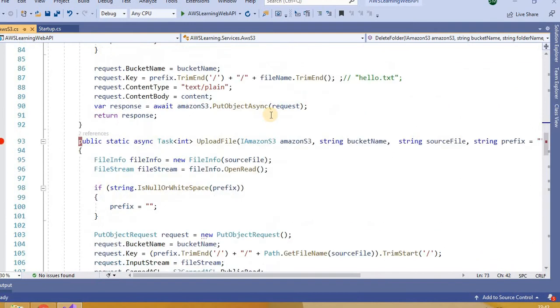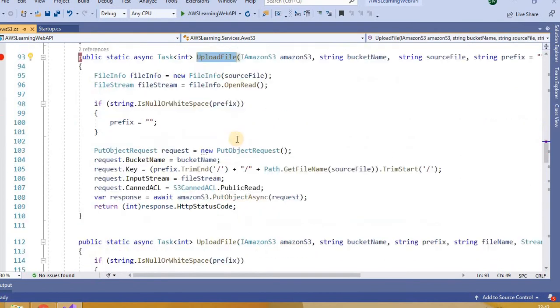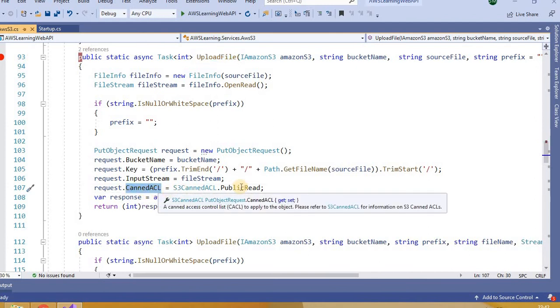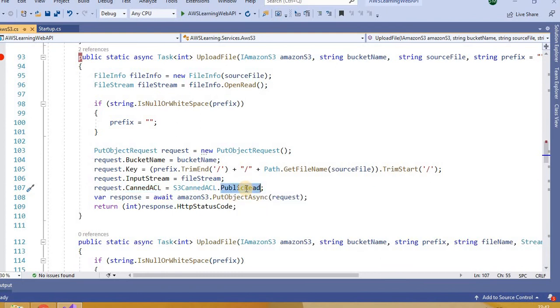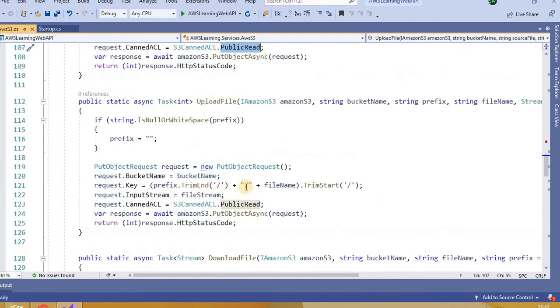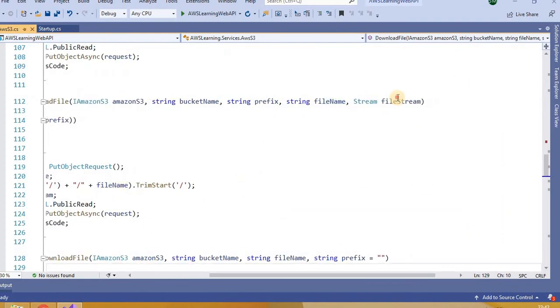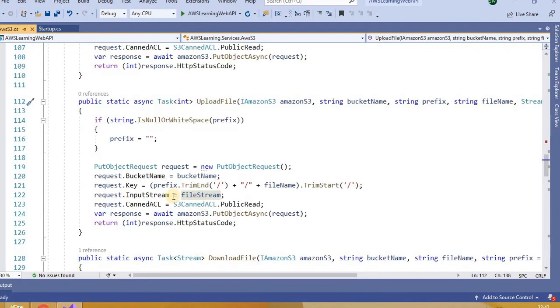And after that we have upload file, which we already discussed, how we can upload the file. Again, to the file we can provide the ACL there. This is the permission, like public read, private read, and we can also upload the file directly using the stream. Here I will just pass the file name. I will pass only the stream there, instead of passing the source file here. I will pass this stream, then I can assign that stream to input stream, right? Again it will work in the same way.